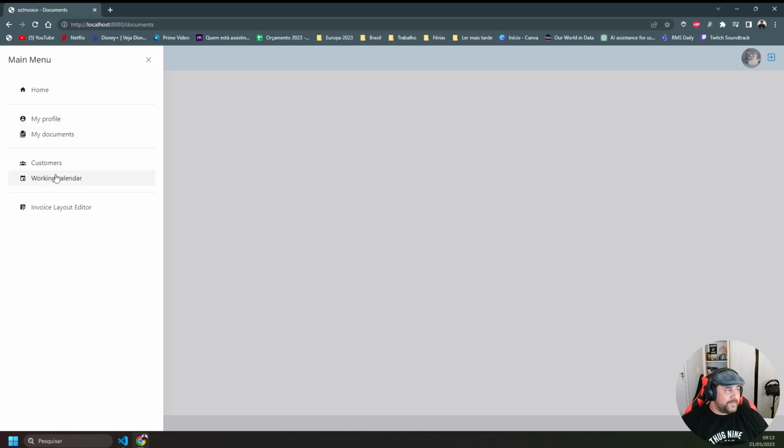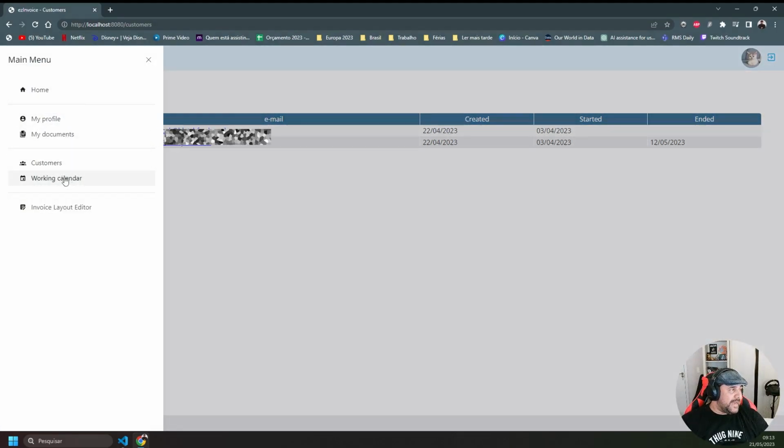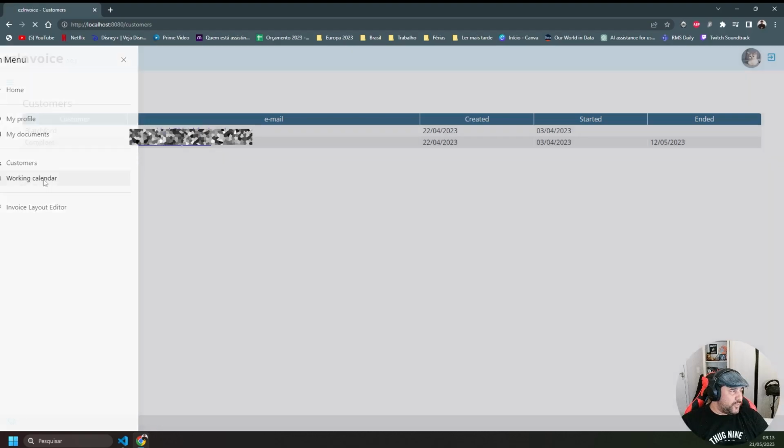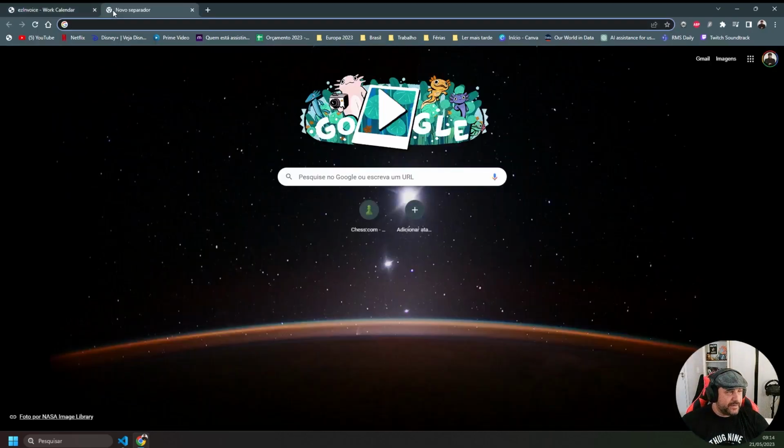So yeah, you guys saw that I have some companies already registered here. Again, this is just mocked data. I have this working calendar here, which is what I want to create now. So the working calendar is like a Google Calendar. If you can imagine the Google Calendar page, I am going to open, by the way, something that is